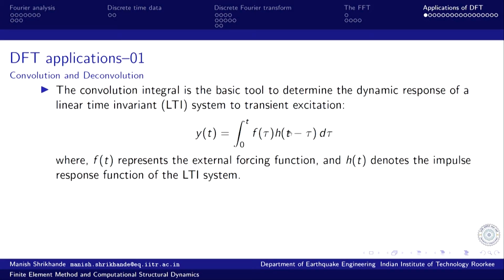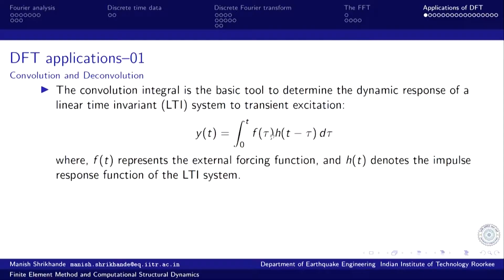So, whatever time instant we need to compute the response, we shift it by that much amount, and then these two products are calculated, f tau and h of t minus tau. This product is calculated and then the integral is evaluated. All these operations can be done in continuous time; the analytical integrals can always be evaluated if the functional form of f tau is known, but it is often done numerically by replacing this integral by a summation.